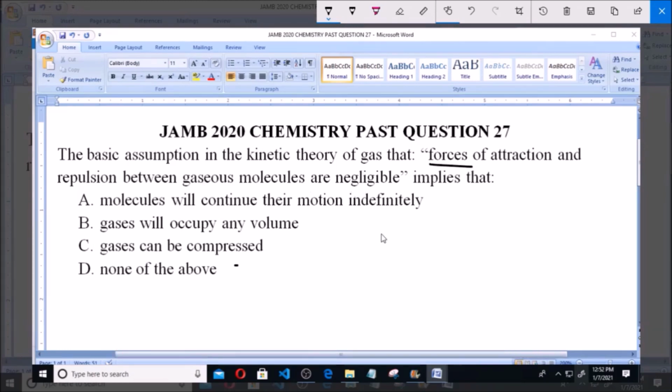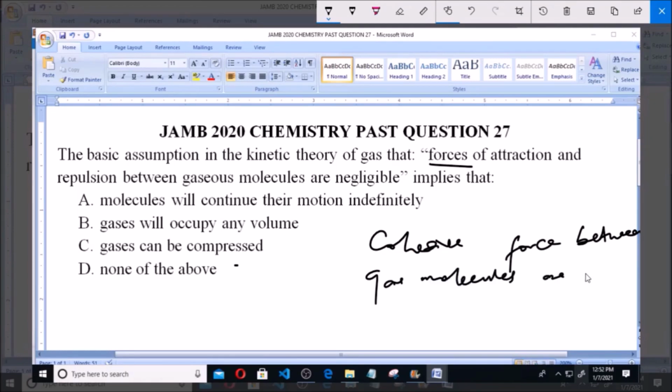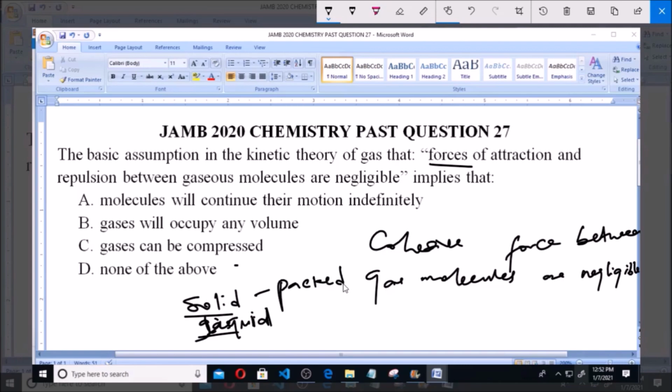are negligible simply implies that the cohesive force or force of cohesion between gas molecules are negligible. Now looking at this, unlike the solid and the liquid, for solid and liquid, their cohesive force between the molecules is not negligible. It is very, very significant, and that is why you see that the solid is more packed, because the cohesive forces in the solid molecules is stronger than that of the liquid, and that is why you see that solids are more packed and fixed than the liquid,